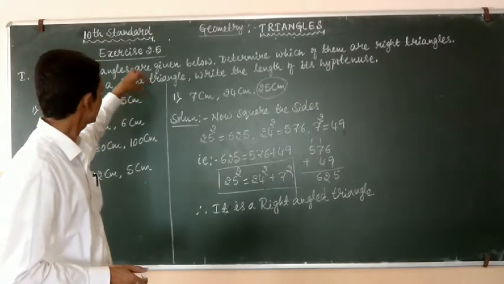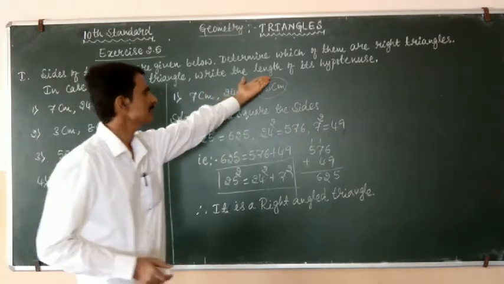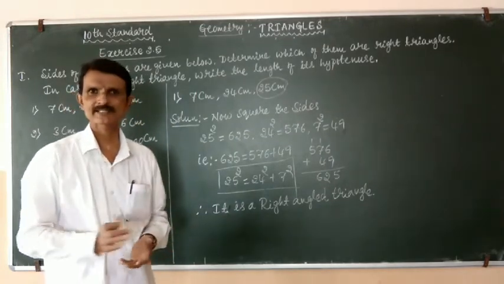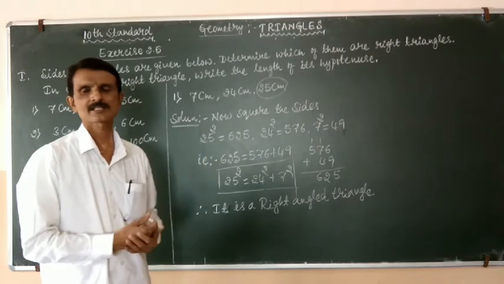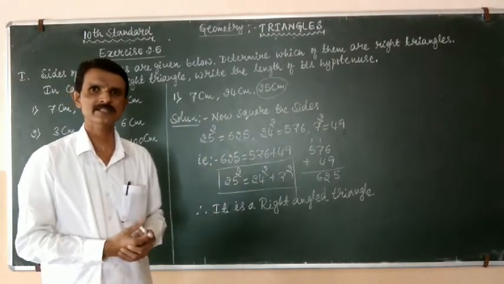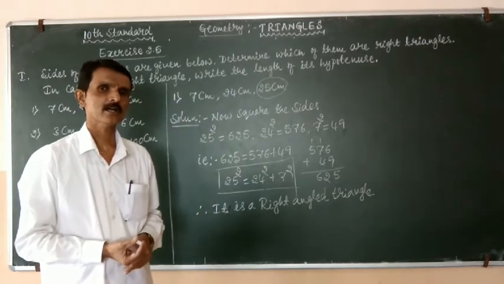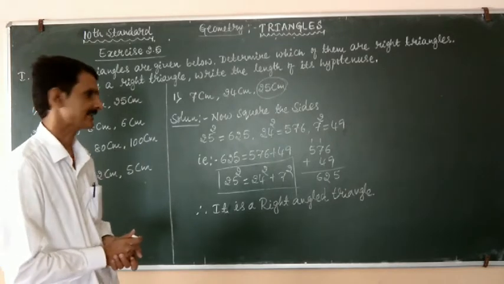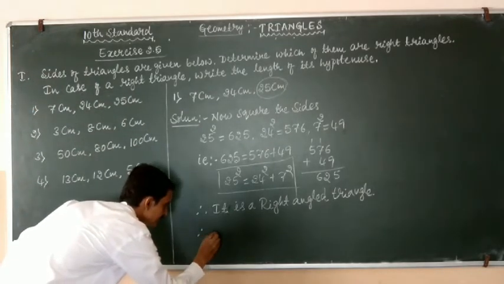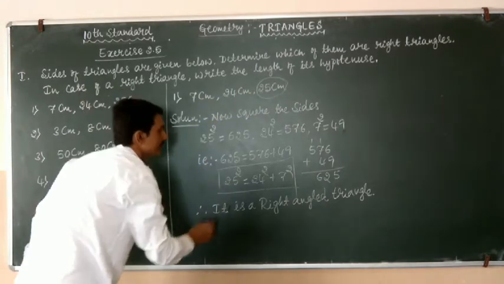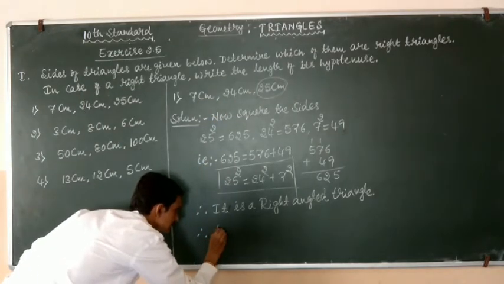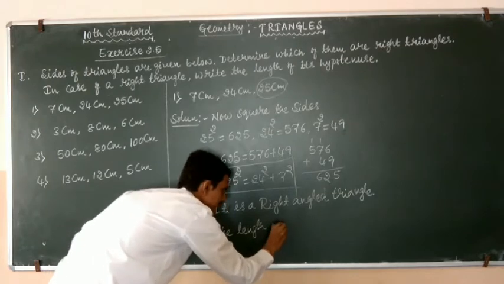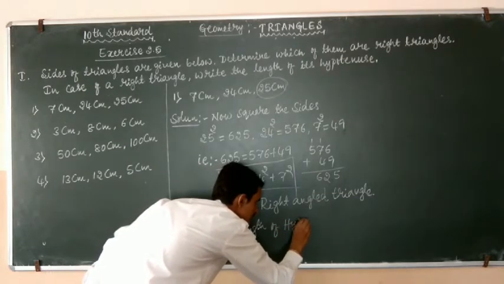So in the problem, if it is a right angle triangle, we have to write the length of its hypotenuse. We know that in a right angle triangle, the side which is opposite to the right angle is called the hypotenuse. Hypotenuse is always the largest side in a right angle triangle. So therefore, the length of hypotenuse